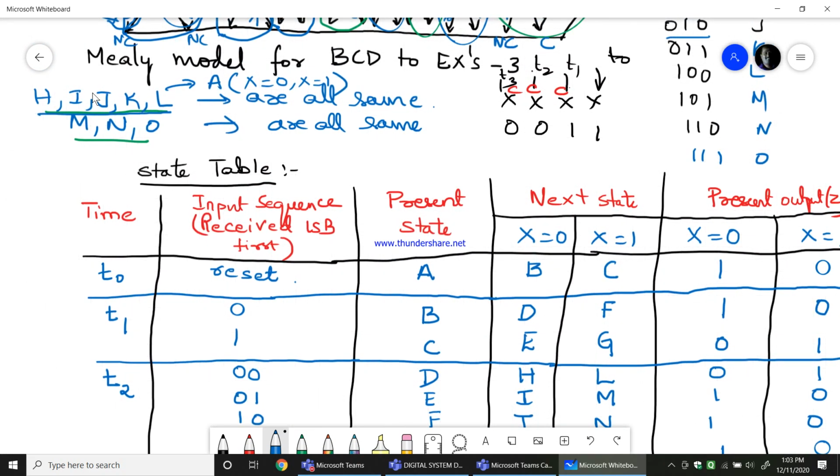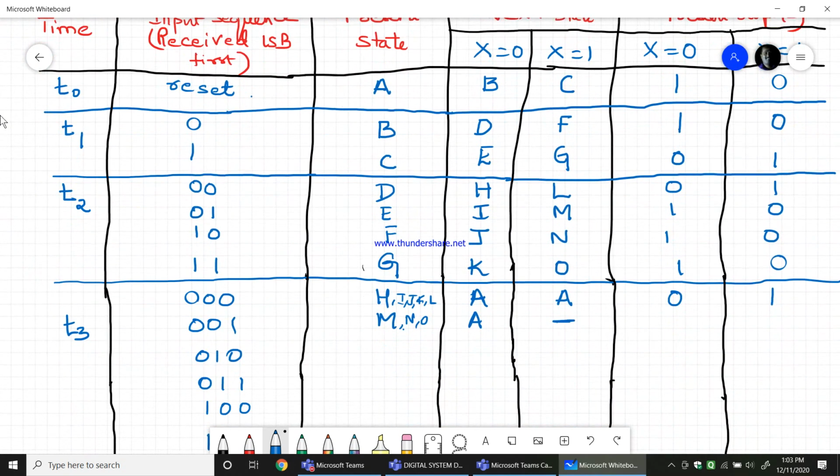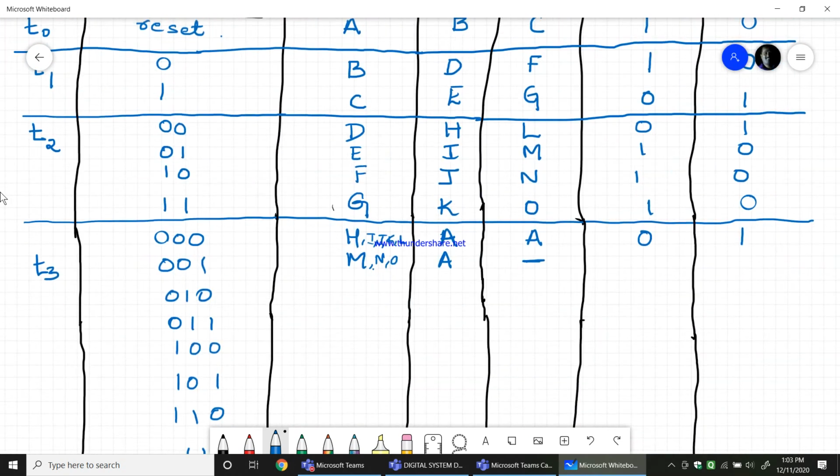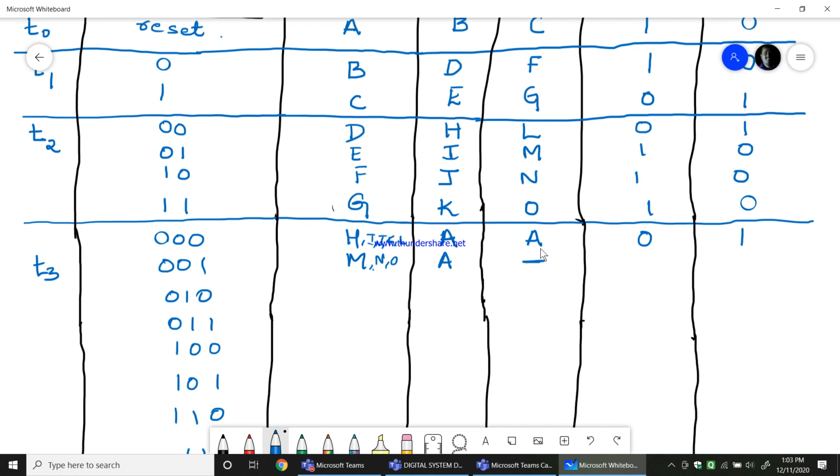Okay. So if there is no carry, it goes back to state A for both the inputs 0 and 1. If there is a carry, then we don't know for which state it goes when carry generates, so we normally consider that as dash, and this dash becomes don't care in our K-map. In the next stage we'll see that.